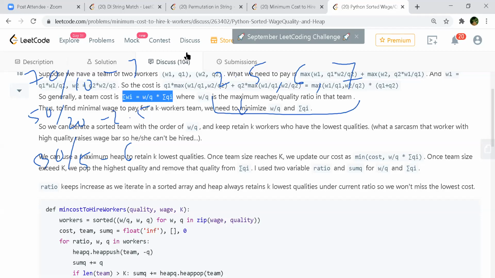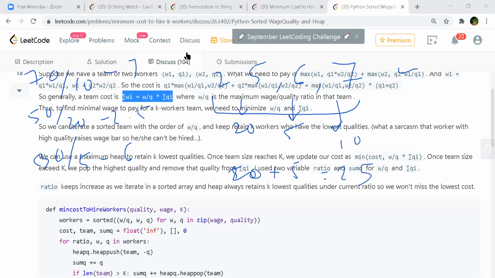So here the quality is 20, and this quality is 5, and this quality is, we can have something like a pair. When we are putting into the heap, we go with this sorted array of ratios, because we have the ratios sorted. It means that we are picking up optimum quality and optimum rate, right? If we push into the heap the qualities, 20 plus 5, in this case it will be 25.